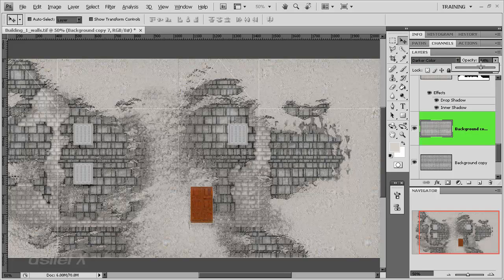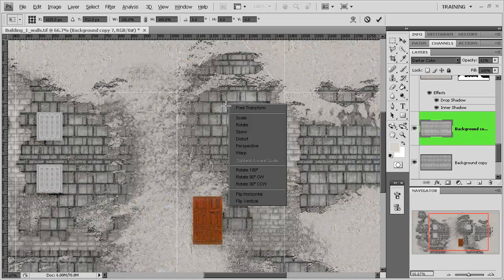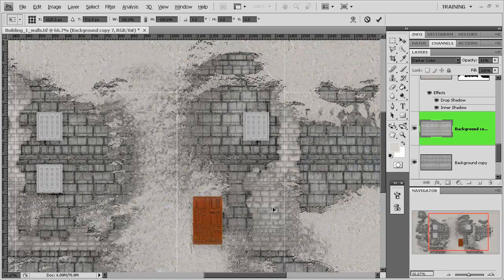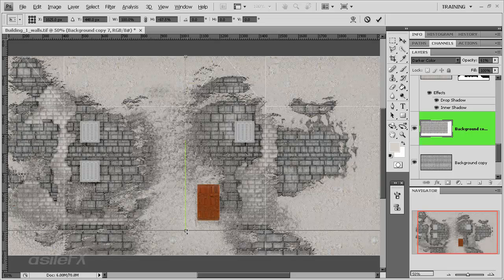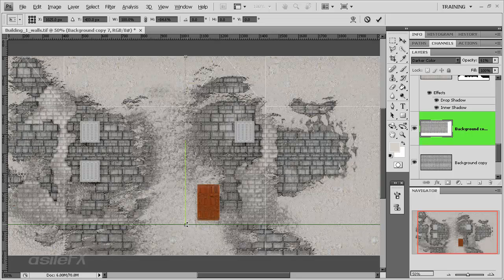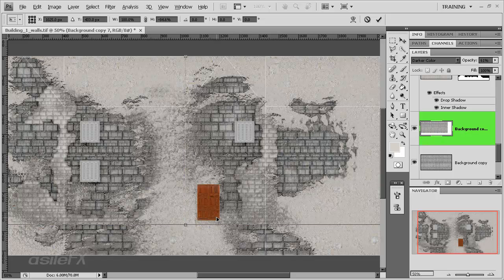And we could either modify this layer, adjusting the opacity, and then maybe running a filter over it to add some variance. But one thing we could do is Control T for free transform, right click, and go to flip vertical, and basically to run it in the other direction. And then we would need to also scale it,